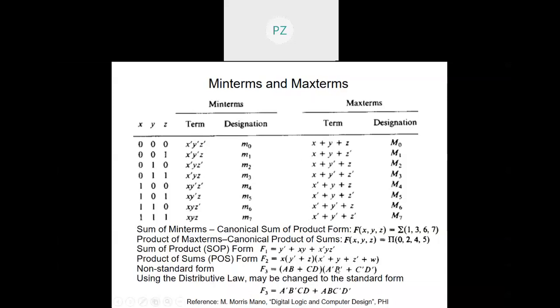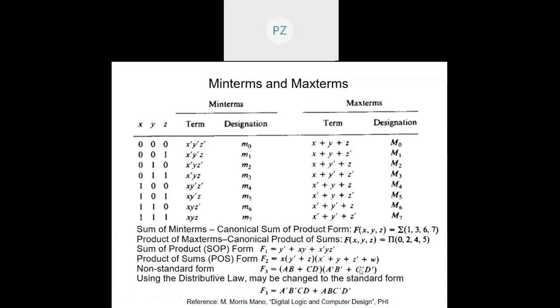So in order to convert this into a standard form, you have to use the distributive law. The first term that I'll get will be A B C' D'. Now A' B' C D will be another non-zero term that I've given here.